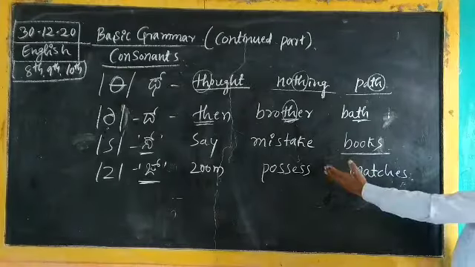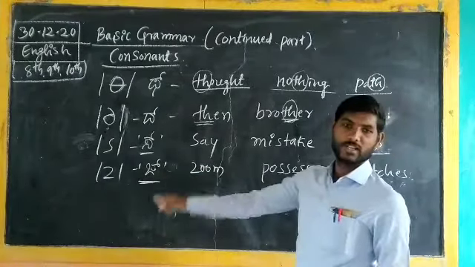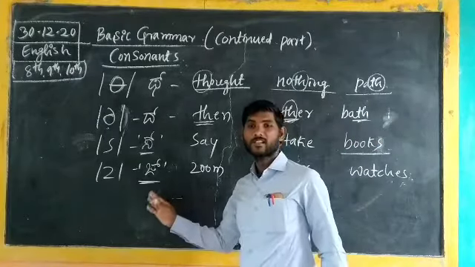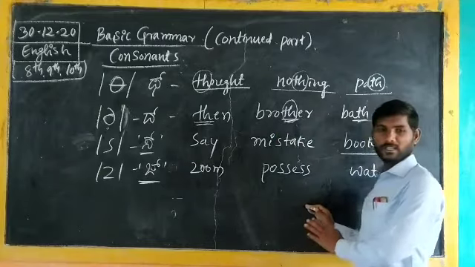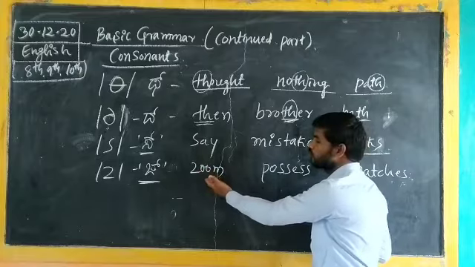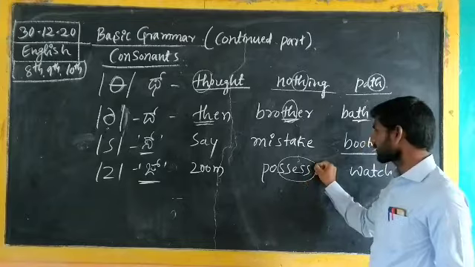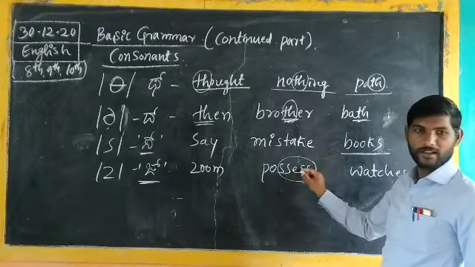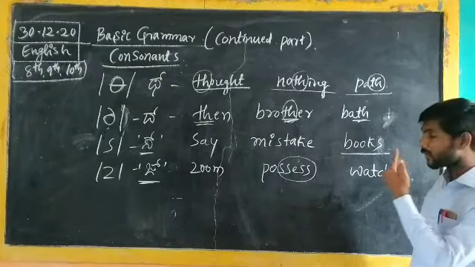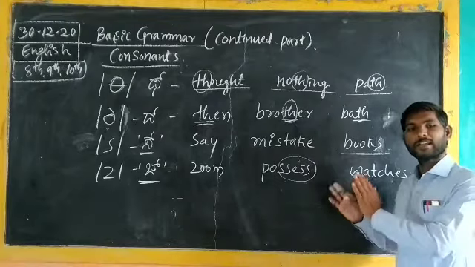Just understand that the next consonant letter of English is Z. But how can we pronounce it here? We can see in the word zoom, it gives us the Z pronunciation. Zoom and pauses. But here in that word there is a double S. Not "possess", that is not "possess", it is "pauses" with the Z pronunciation. Like that we have to make it, and that is correct.